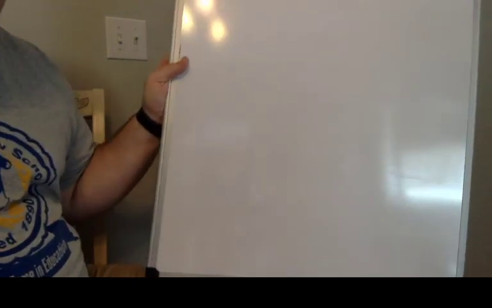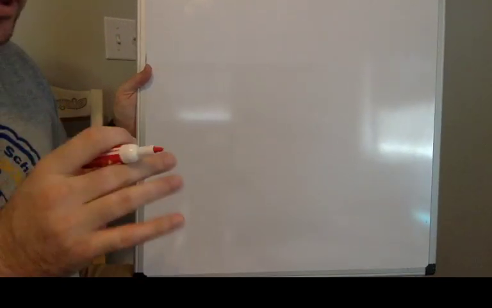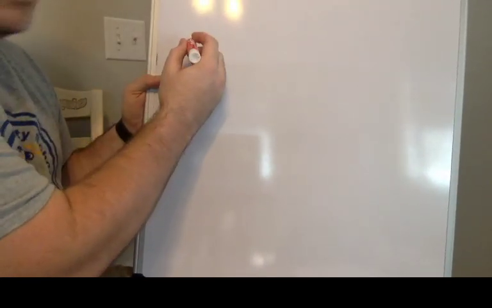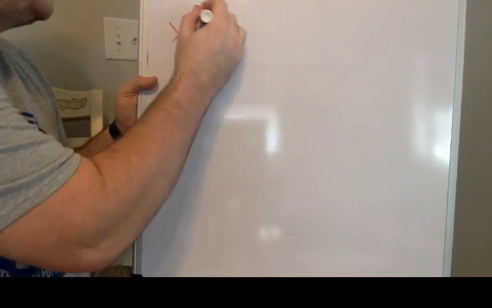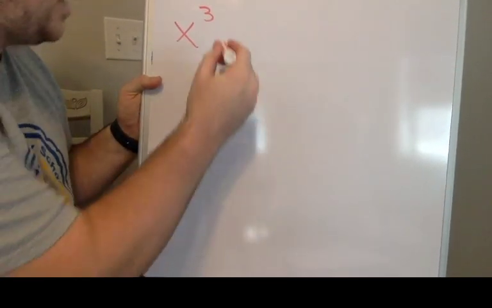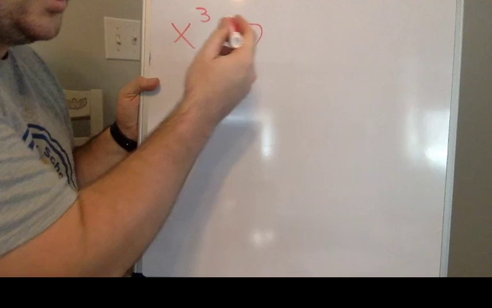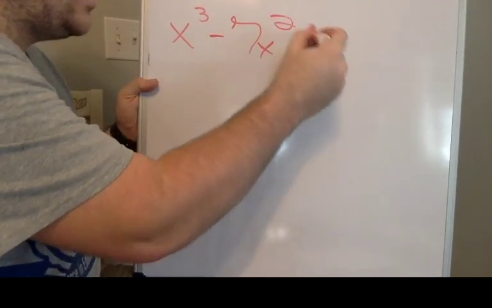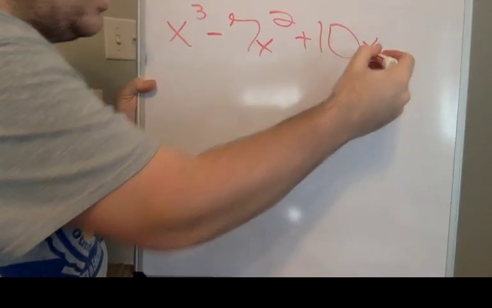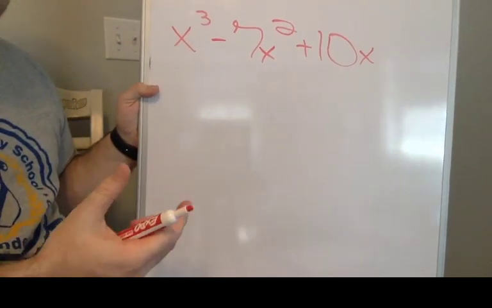All right, so let's go through a couple of these this way, just so you have some examples here. Then if my iPad doesn't connect in just a second, I'll post a video later that explains the rest. But basically, what we were talking about with this target is how to factor something like guided practice problem number 1, which is x to the third power, subtract 7x squared, plus 10x. Okay, so that's the type of problem.